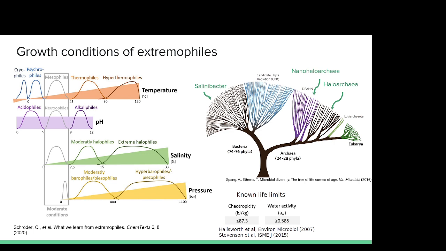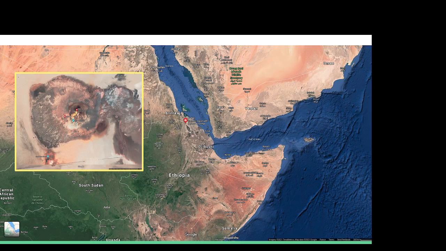And another question that we have is which microbes can adapt not only to one extreme condition, but to many, to polyextreme conditions. So I'm going to talk about this place in the North Danakil Depression in Ethiopia. Here lies the Dalol Dome in the mix of 3 tectonic plates. And the Dalol Dome is a protovolcano that